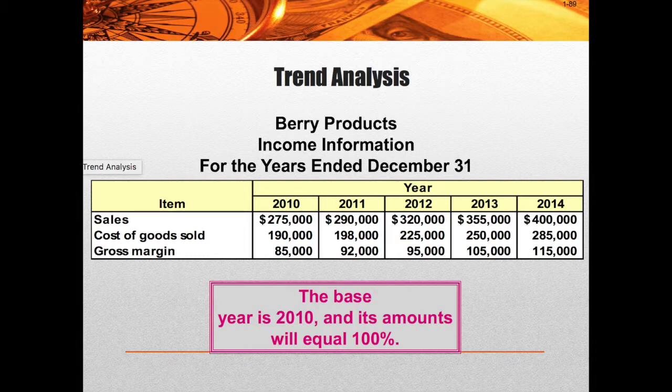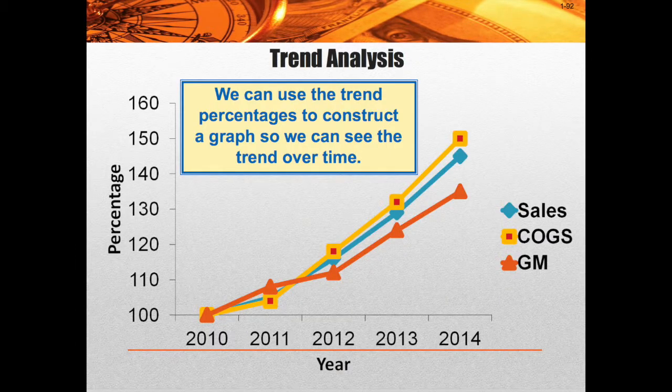If we go past this into the chart, we can see that the trend analysis sees a sharp increase in the percentage of profitability in sales, cost of goods, and gross margin over the years, and it's continuing to go up. So trend analysis here is very helpful in looking at the differences over time. Now, this is a horizontal analysis, so you're going across the income statement or across the balance sheet, and you're simply comparing different years. You can compare last year to this year.